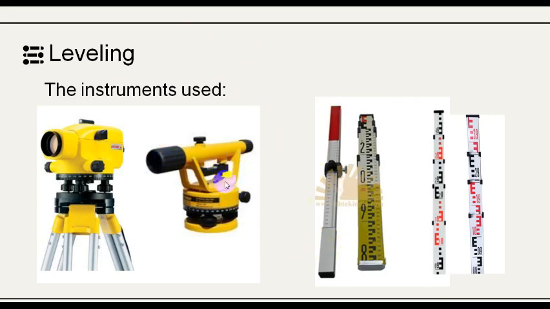In performing leveling, we need to have this level instrument which needs to be fixed on the tripod. Also, we need to have this staff, which through this staff we can get the readings. Thus, this level instruments and the staffs are needed in